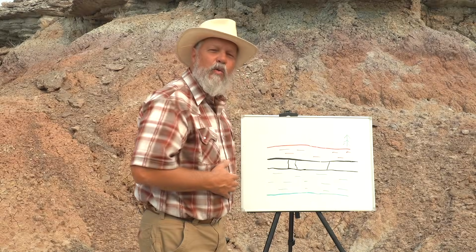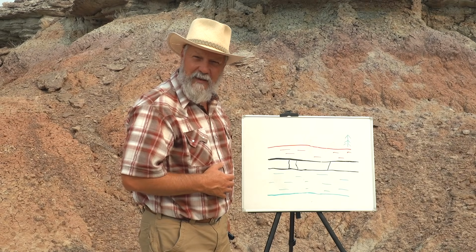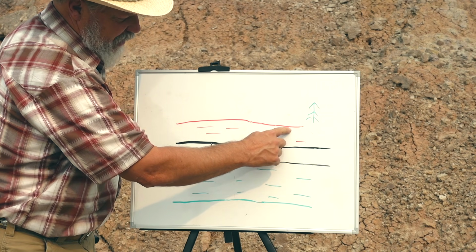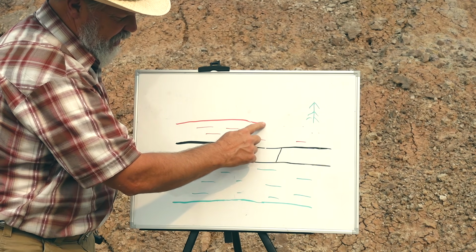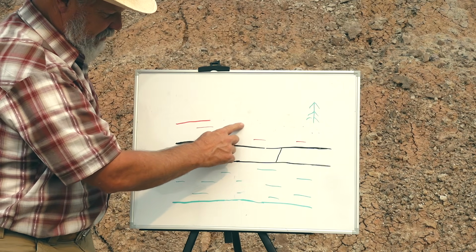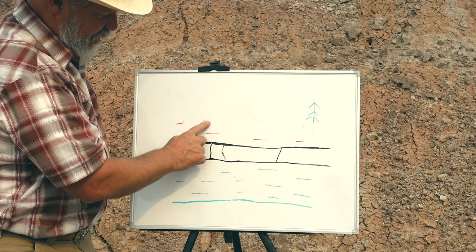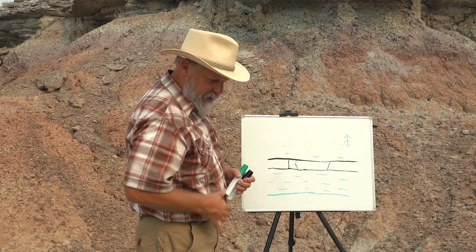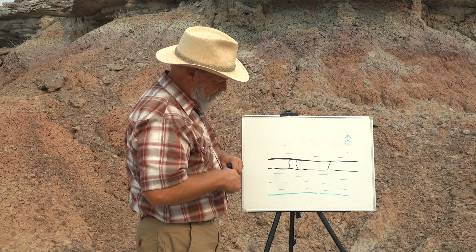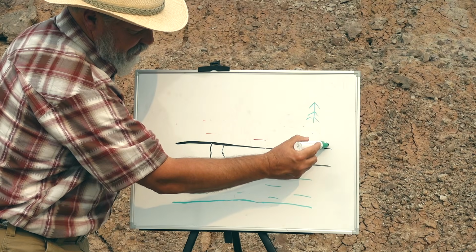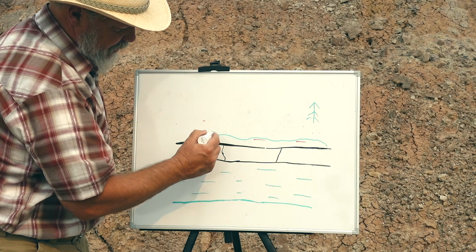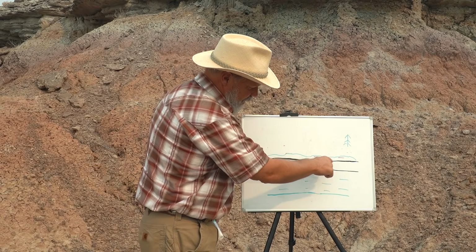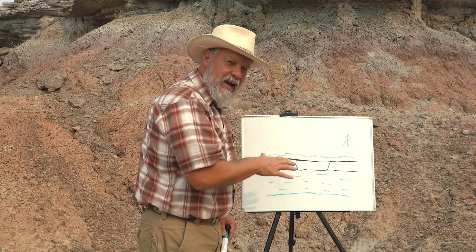So we start eroding this land through time. Let me use my finger. And we start eroding this shale down, down, down, down. Keep eroding it down. Pretty soon we're left, I should have grabbed my red marker here, but I'll use this green, pretty soon we're left with just a little bit of shale on top like that, right? It's coming down, but in this area, when it gets down to some point,